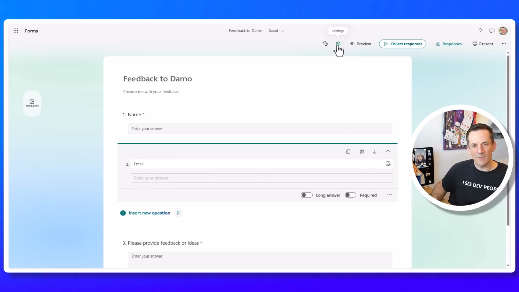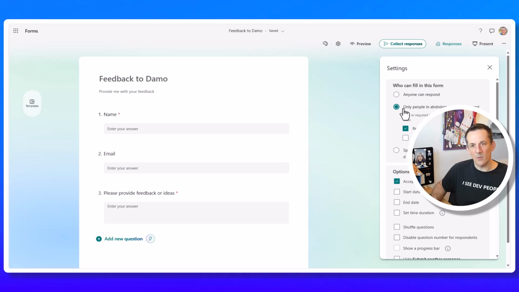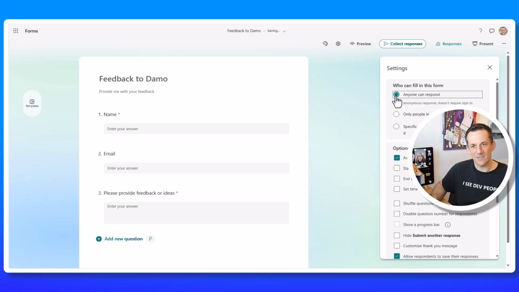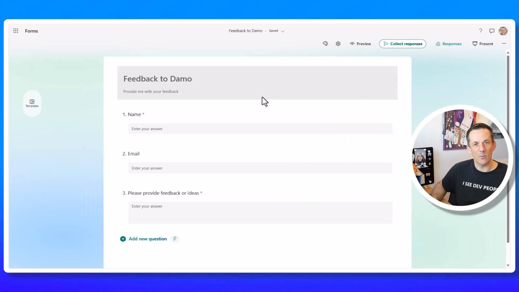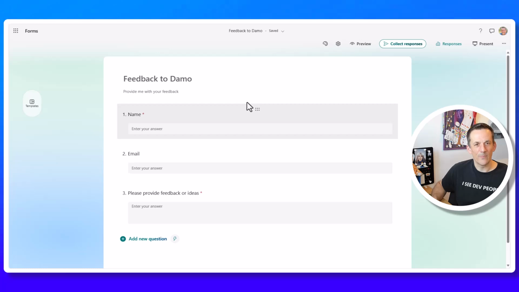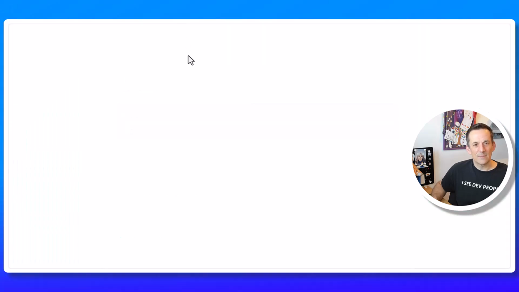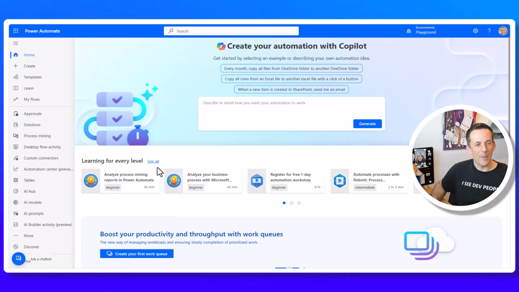I do need to make it available publicly, so at the moment only people on my tenant within Microsoft 365 can respond, but if I change it to anyone can respond, then I can save and share that link with people later on in the description, and you can choose if you want to use the n8n form or the Microsoft form. With that form in place, if I jump across onto Power Automate,